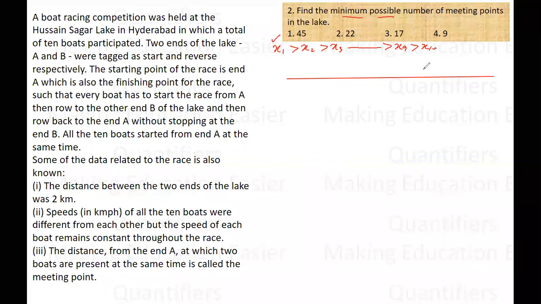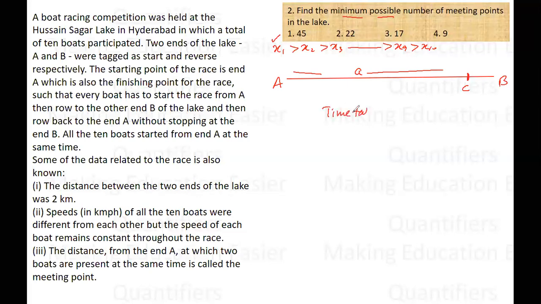So 9 minimum possible points are definitely there. Now let's see whether they are actually 9 or they will increase. Let us say X1 and X2 are meeting at this point, say C, and this has a distance a from point A. So when X1 and X2 are meeting at this point, then